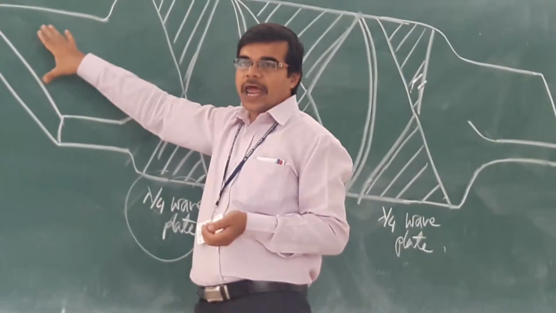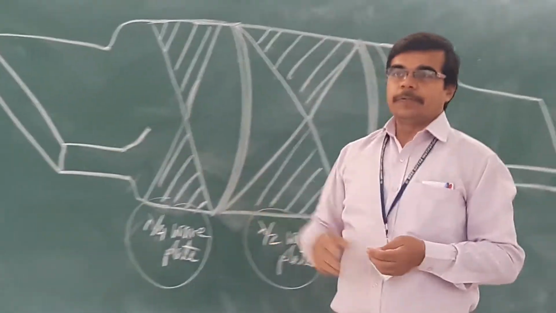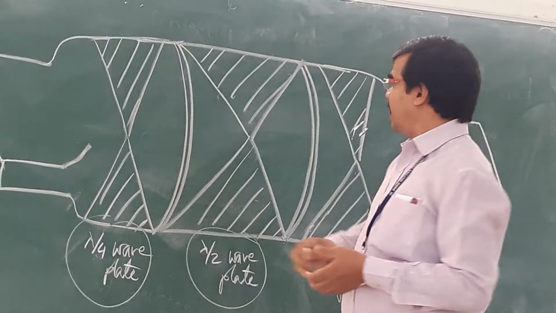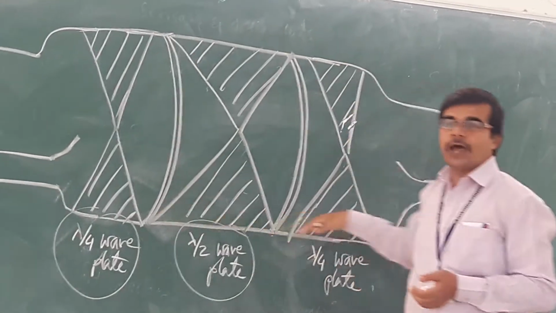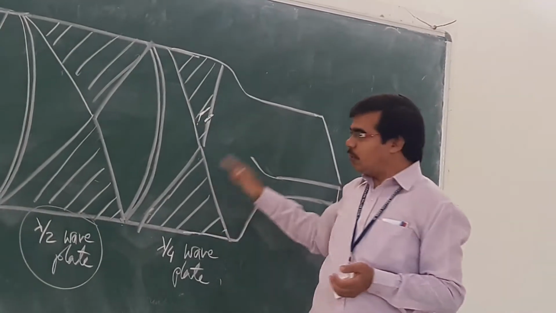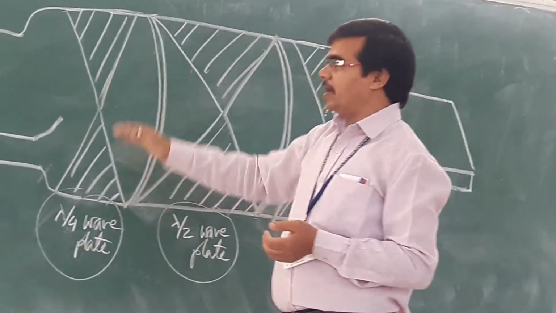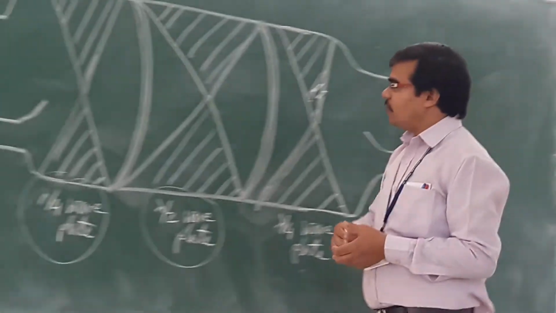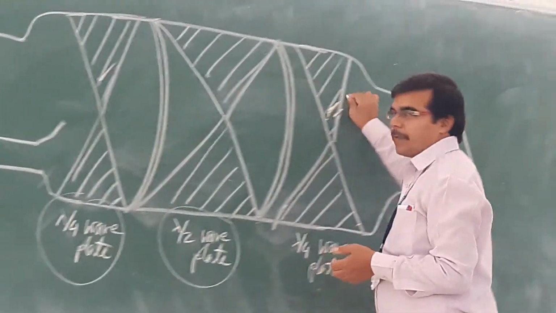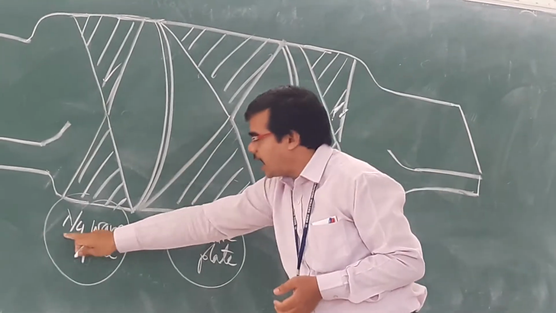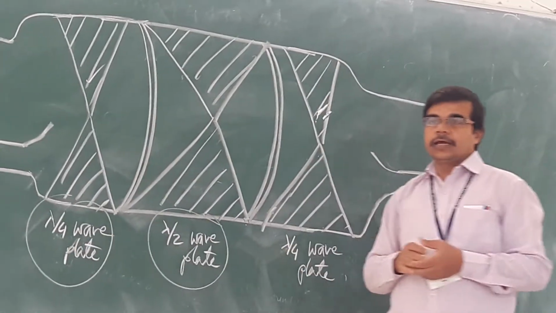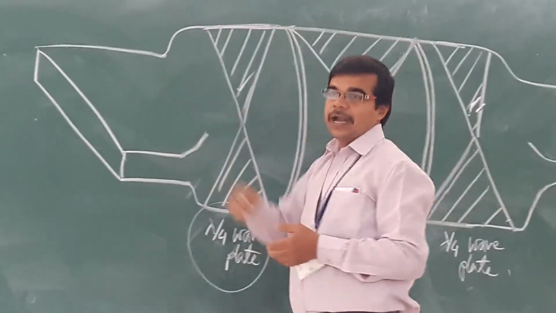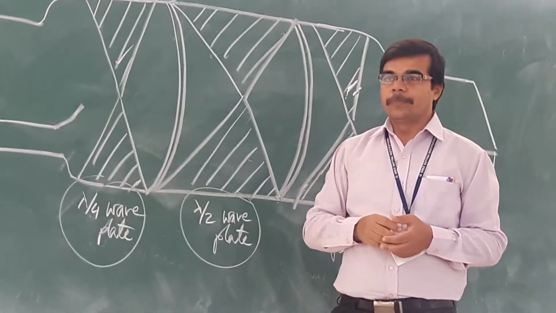So here you have a resistive type. Here you have a rectangular waveguide, and in the center you have a circular one. We are using both in order to make the rotary type digital phase shifter. If you see both the end plates, both ends are lambda by 4 wave plates. Lambda by 4 means whatever their length is, that length is lambda by 4.